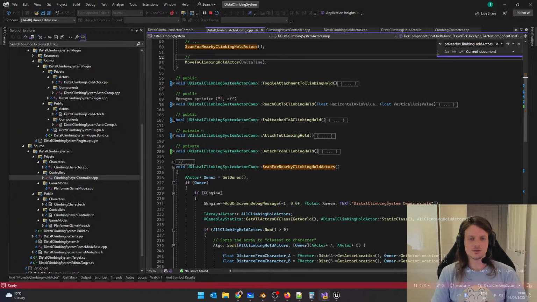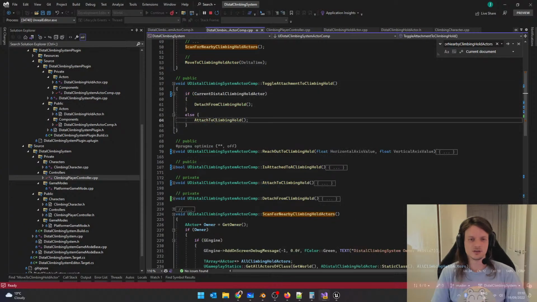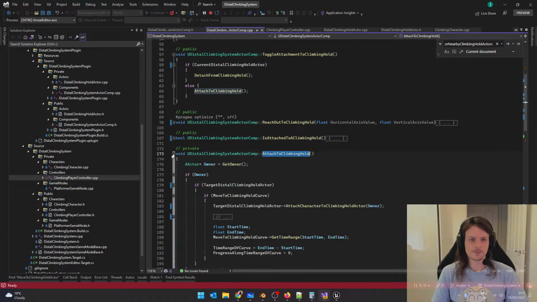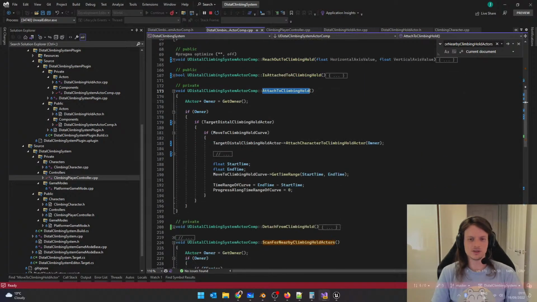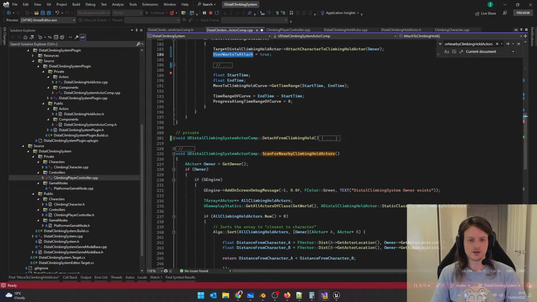So it's now attached to climbing hold, or toggle attachment, attached to climbing hold. Will not only set the target, it'll set this to true. And then only if this is true,